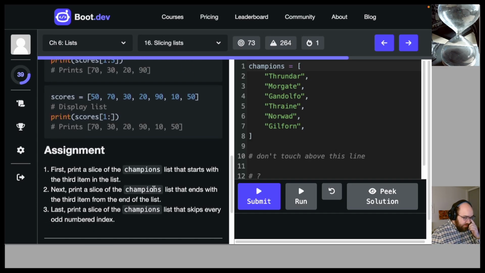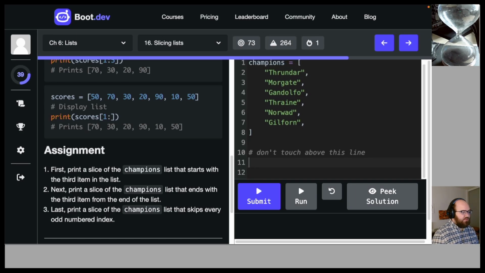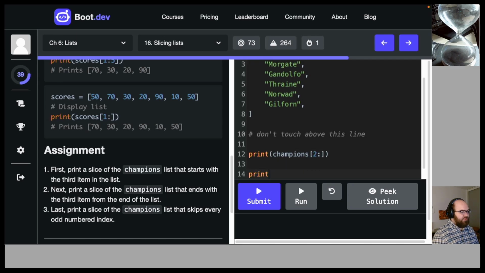Assignment. First, print a slice of the champions list that starts with the third item in the list. 1, 2, 3. So that's index 2. First, print champions sliced starting from the third, which is index 2, and take all the rest. Then print champions starting at